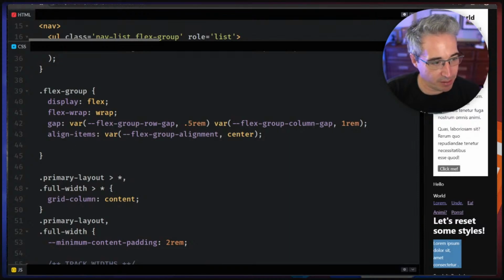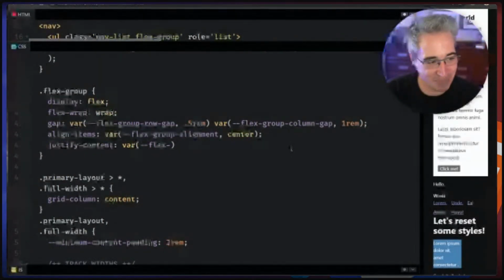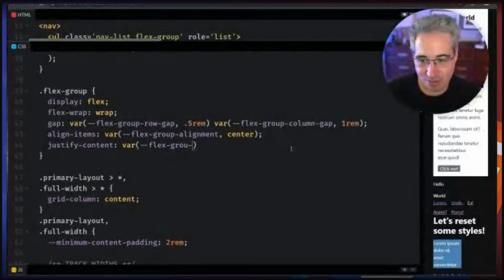Next, what else? Oh, we have the align. We have a justify too, right? Flex group. I'm doing it though. Justify content var. I'm sort of reinventing at this point a little bit of what Adam's done with Open Props. Not quite, but a little bit different in style. But flex group